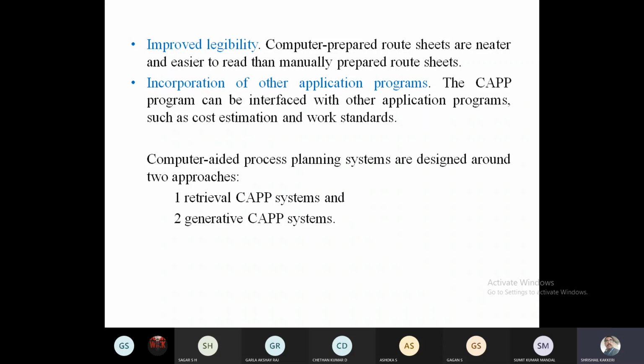Maybe for cost estimation, or we may have work standards, and I want to transfer the drawing from some standard modeling software to this CAPP. The standard bill of material, all these possibilities are there to interface with the CAPP. It is the incorporation of other application programs.